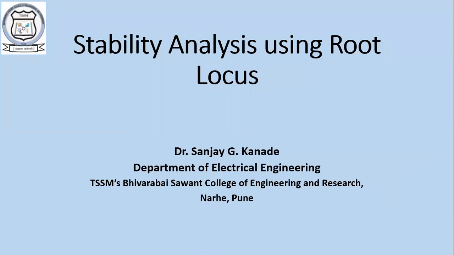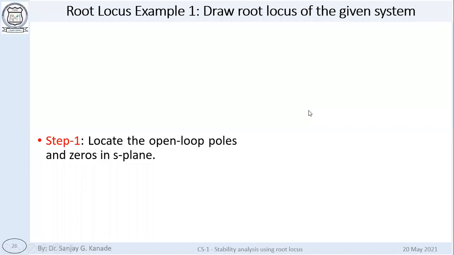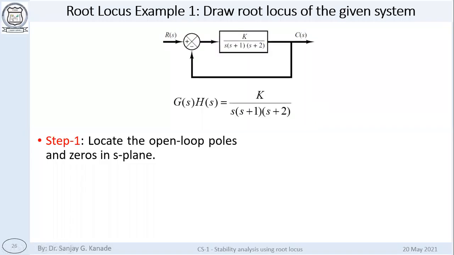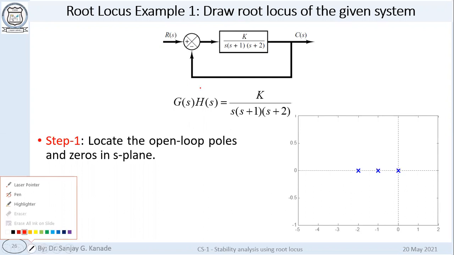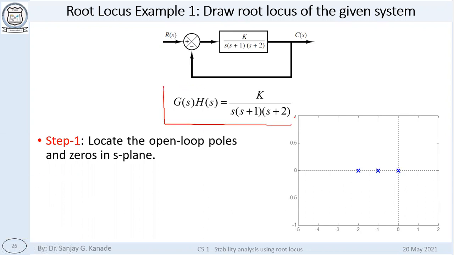However, for stability of the closed loop control system, we need poles of the closed loop transfer function, which are not available because of the parameter k. For example, let's take this example now. G(s)H(s) is given to us, right? G(s)H(s) is called the open loop transfer function, or in short OLTF. This is how it is abbreviated.